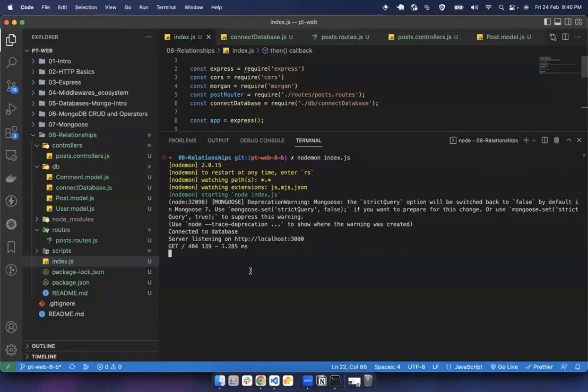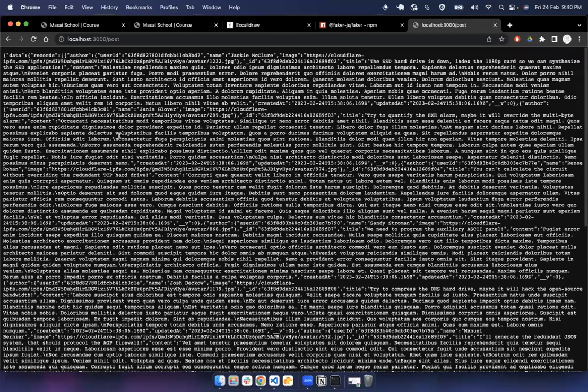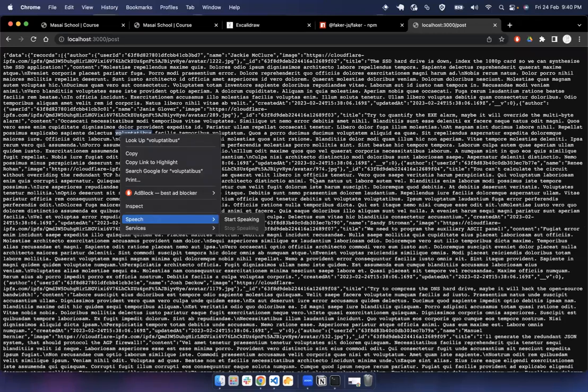If we make a request directly here, we say cannot get because there is no route handling there. And you can see it returned 404 from the Morgan logger. But if we make a request, let's say post, then we get this data. So by default, we are getting, let me show you,